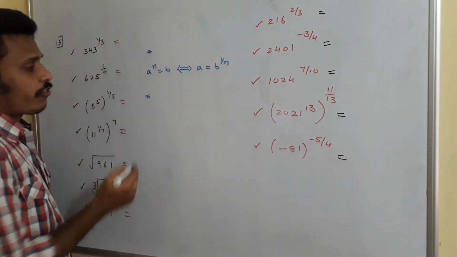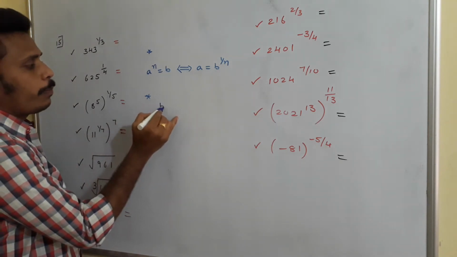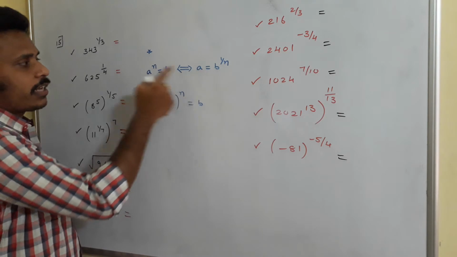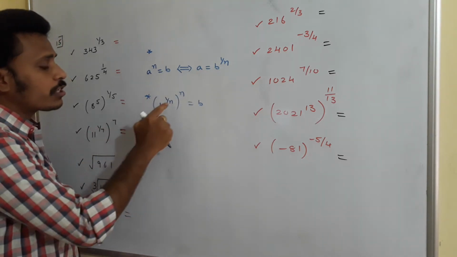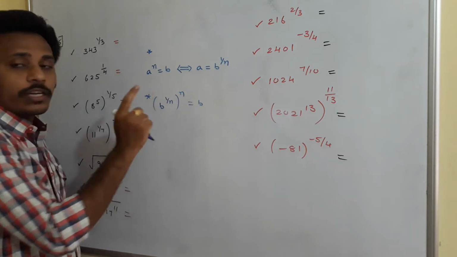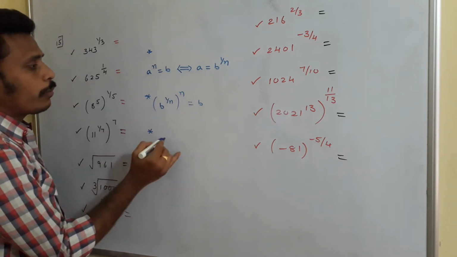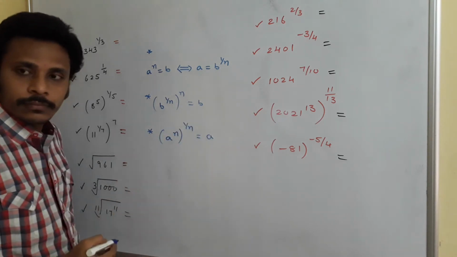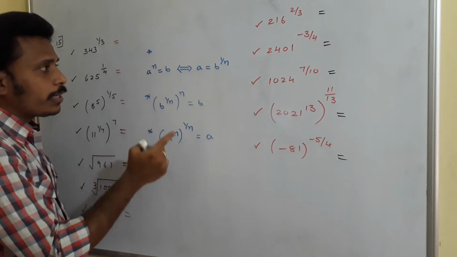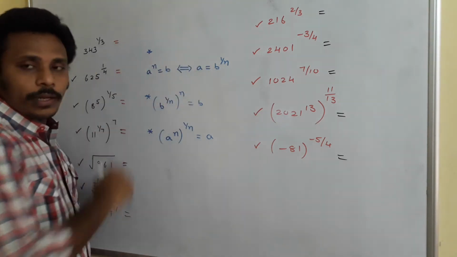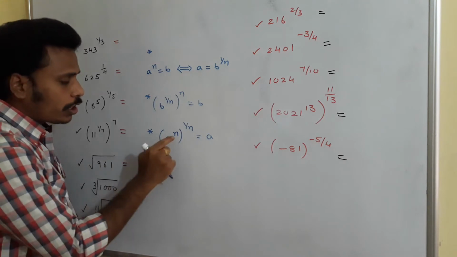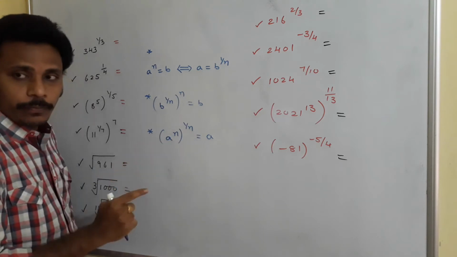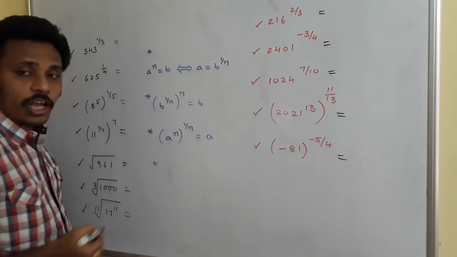From there, I generated like this. What are those? B power 1 by n to the power n is equal to b. Replacing the value of a here, and for memorization you just think in such a way: if you multiply these two, that is 1, so your answer is b. And one more thing, a power n to the power 1 by n is a directly. We generated that just by replacing the value of b in the second one. And for memory, you just observe this. If you multiply these two, n into 1 by n is 1, so a power 1 is a. Right? We learned all these things in the last class.